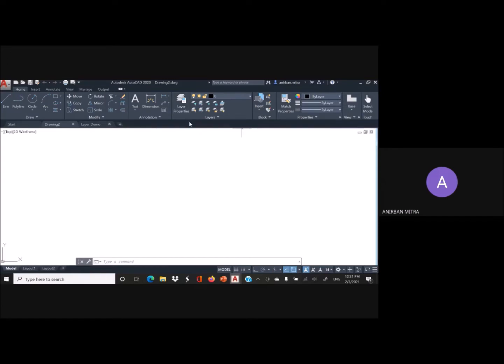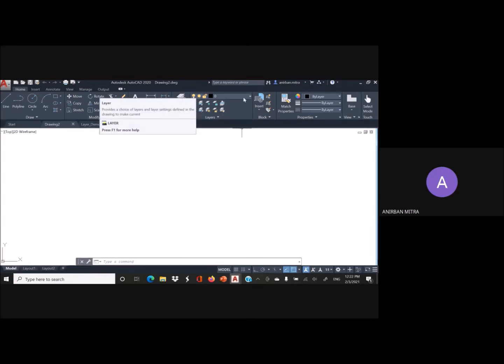And what does it do? It obviously manages layers and their properties. So under this window, you can create new layers, you can set different properties to those layers, and you can set the current layer as well. Also, you can delete some of the unnecessary layers that may have been created by mistake.